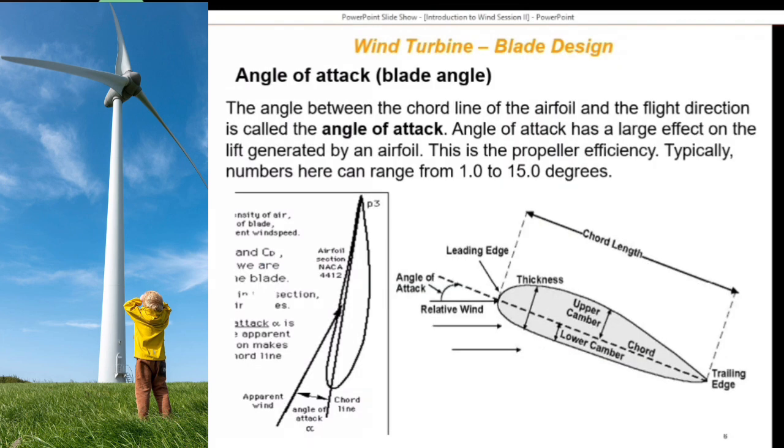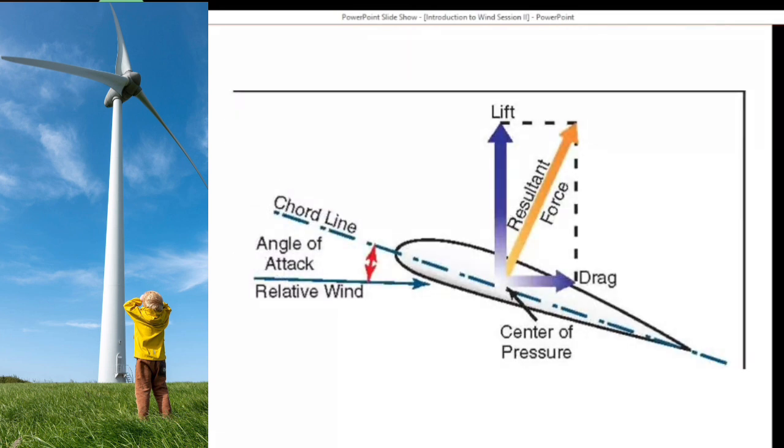And the angle between the chord line, which is considered to divide the blade in two, even though the blade is not just square, is a virtual line passing through the center of the blade, dividing it into two parts. And relative to that chord line, the angle of attack is when the wind hits the blade in the center,